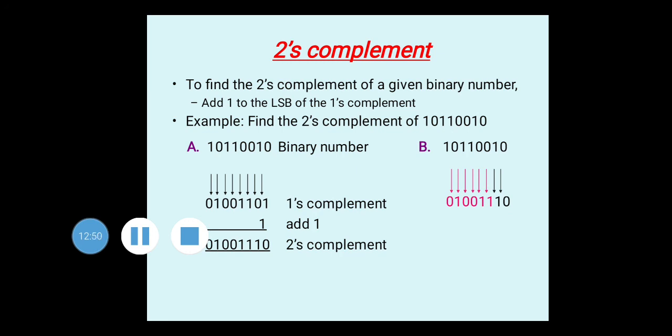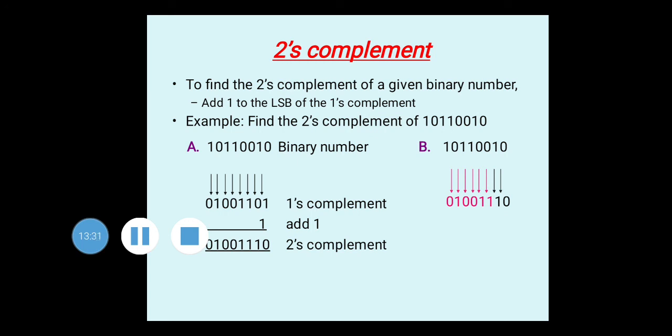So example A is 10110010. This is the binary number. So step 1 for the twos complement method is to convert into ones complement form. We start with the MSB bit, so that 1 becomes 0, then 0 becomes 1, then 0 0 1 1 0 1. This is the ones complement of the given binary number as shown here. So in that ones complement result, add binary 1, using the binary addition rules, and whatever answer you get after adding is nothing but your twos complement result.